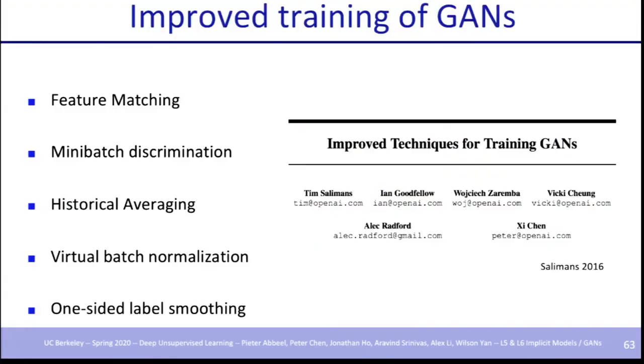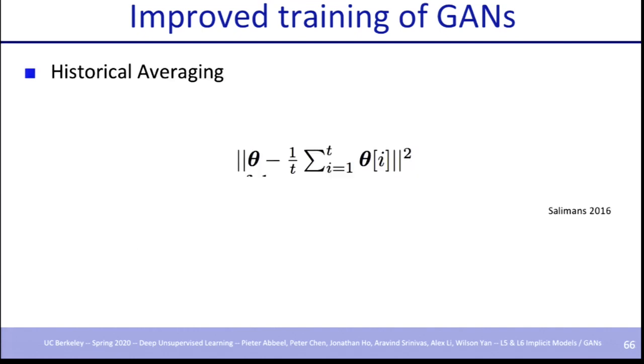So among these 5 different techniques proposed for improving the GAN training, we've looked at feature matching, we've looked at mini-batch discrimination, and next we're going to look at historical averaging. So historical averaging is basically inspired from Nash equilibria, and so basically, the idea is to make sure that when you're having a complicated 2-player game,